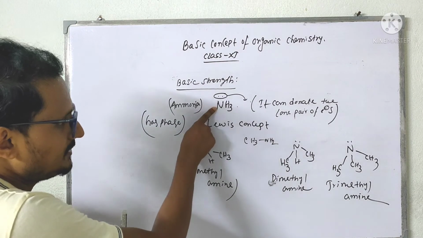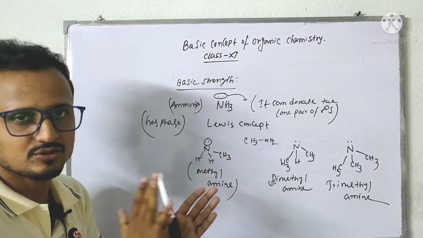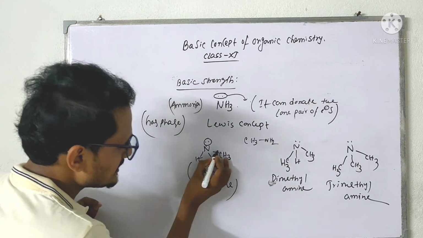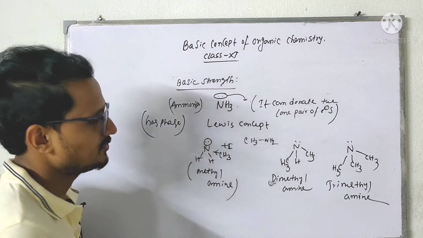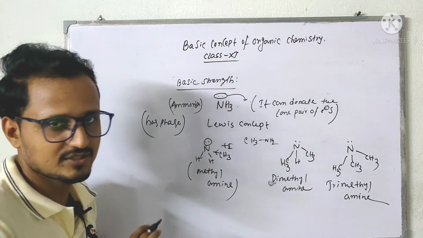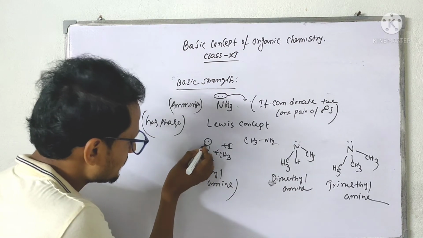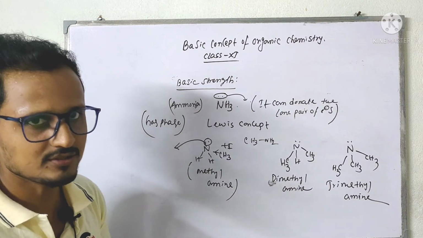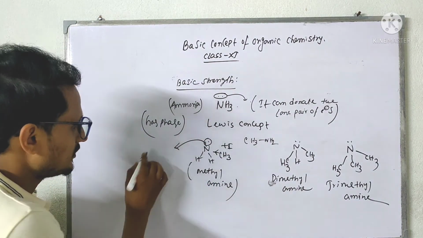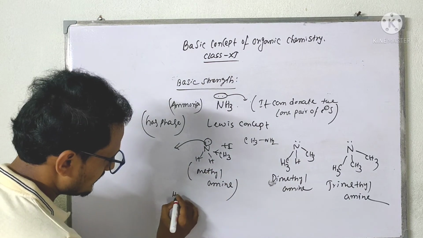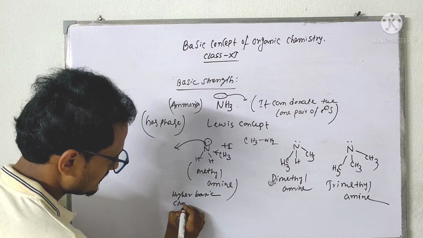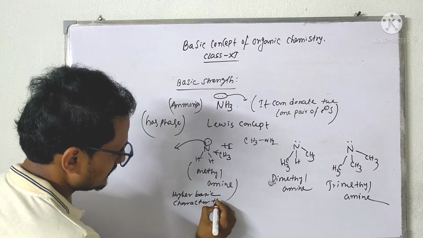Now for ammonia, it has 3 hydrogens. It has no plus I effect or minus I effect. Okay. Now for methylamine, it has 1 plus I effect group that increases the electron density on this nitrogen atom. So this nitrogen atom can easily donate the lone pair of electrons, showing higher basicity than ammonia. So it has a higher basic character than ammonia.